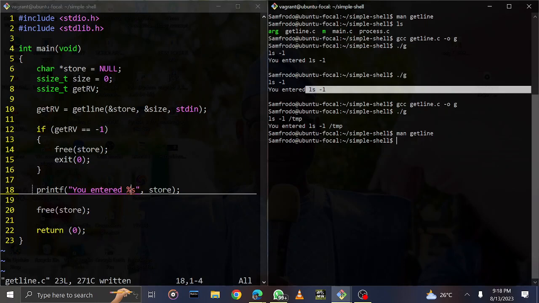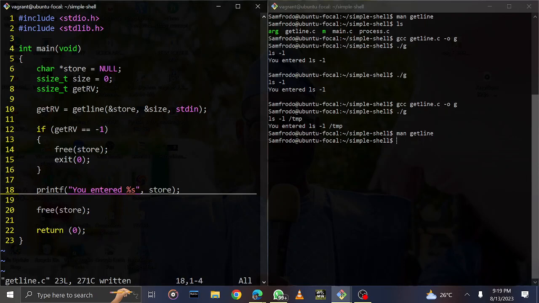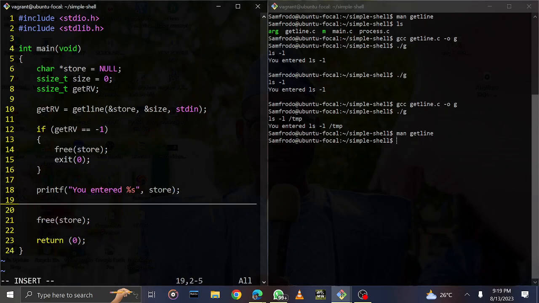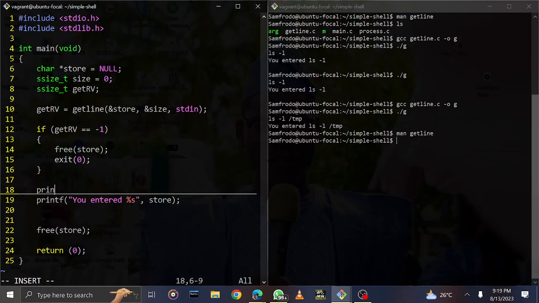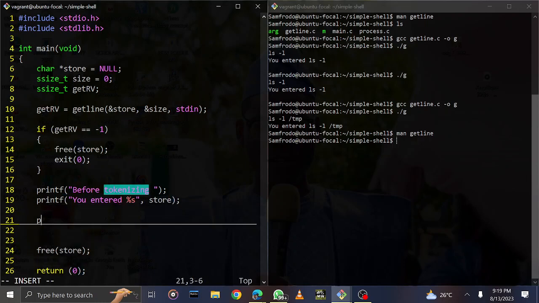And what will you do? You have to tokenize it, and you have to specify your token, which is your delimiter, to be a new line, meaning that it's going to split your command. Anywhere it sees a new line, it's going to stop and give you what we have before the new line. So basically, let me have a print statement here and say printf before tokenizing, then I can print another statement and say printf